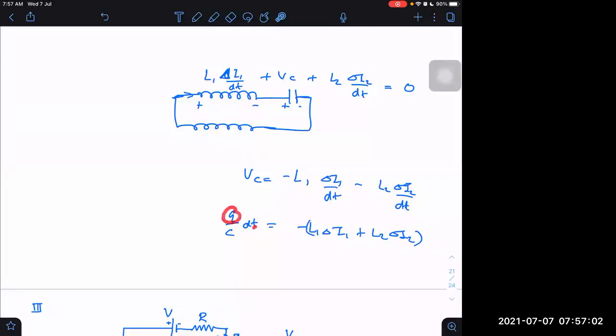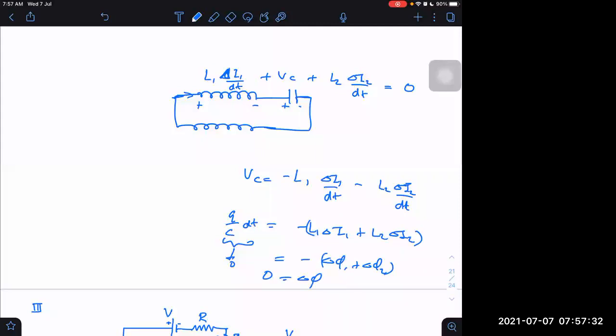It may not be 0 if Q becomes infinite, but Q cannot become infinite, because then energy will be infinite, but energy cannot be created out of nothing. So this has to be 0 only. Left hand side has to be nearly 0, tending to 0. If that is tending to 0, then what do I get? Then I get delta phi 1 plus delta phi 2 tending to 0. Overall I can say delta phi is equal to 0. Change in flux is 0, flux is constant.